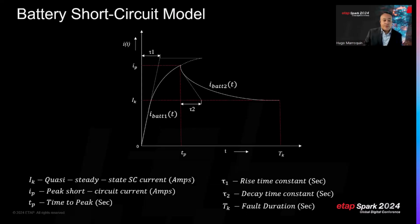The plot also shows the time to peak and rise and decay time constants. The point in time marked as TK can be considered or used as the fault duration. This will be the time used to determine the incident energy as we integrate the current as a function of time. Well, at this time, we can ask ourselves the question on how can we use all of these equations